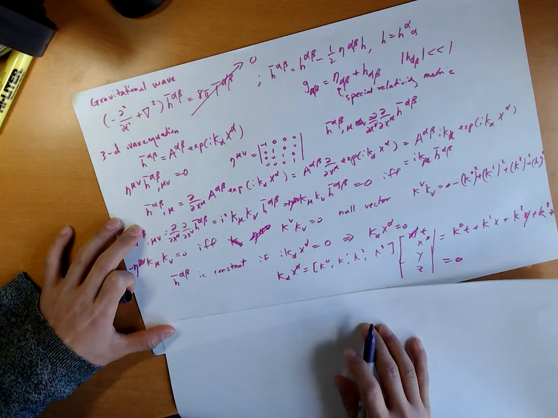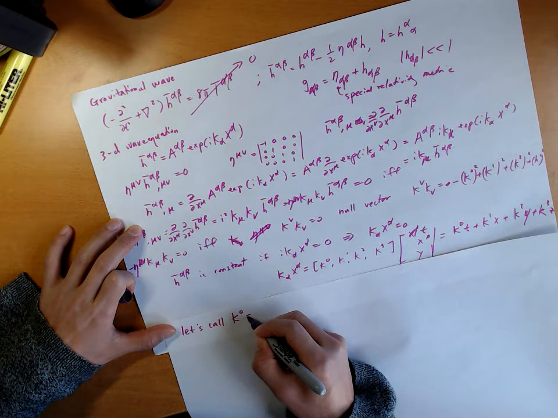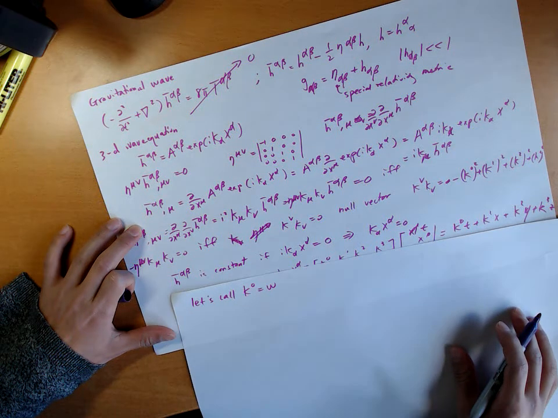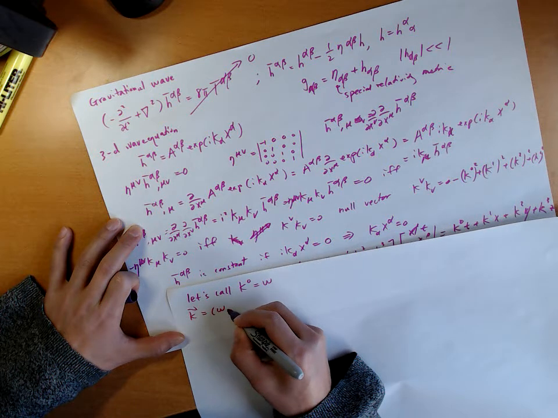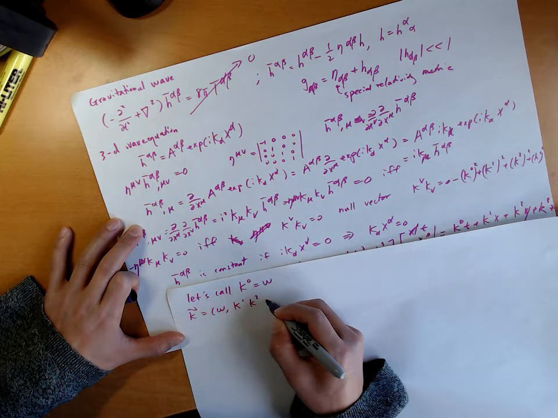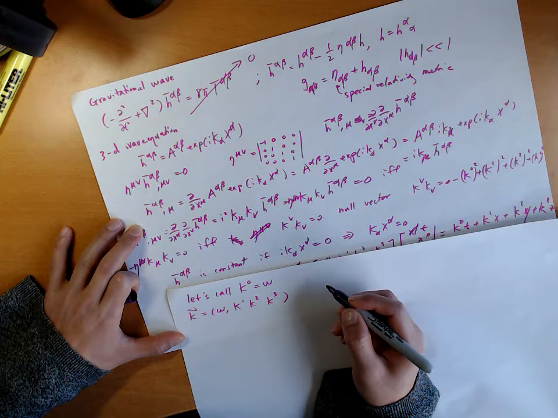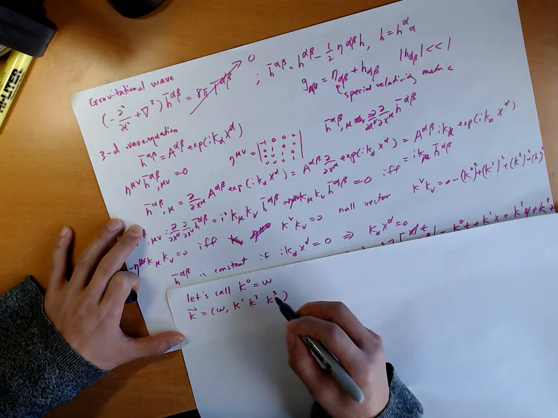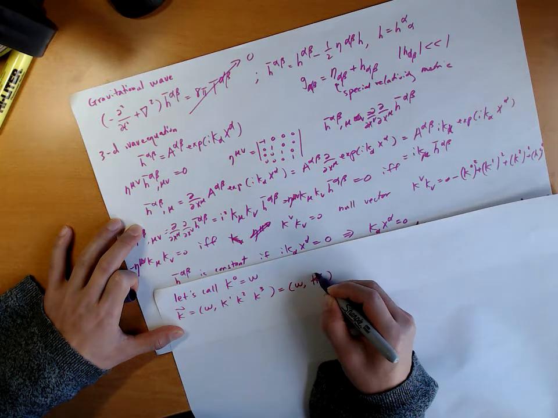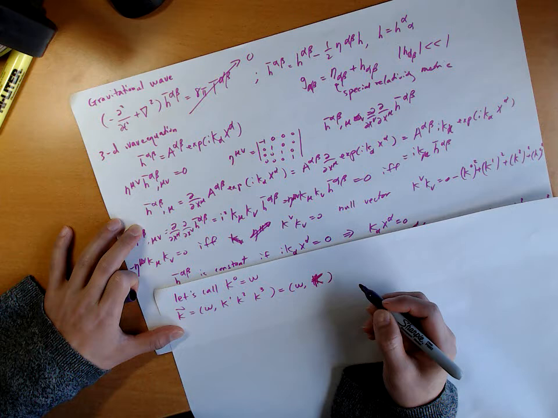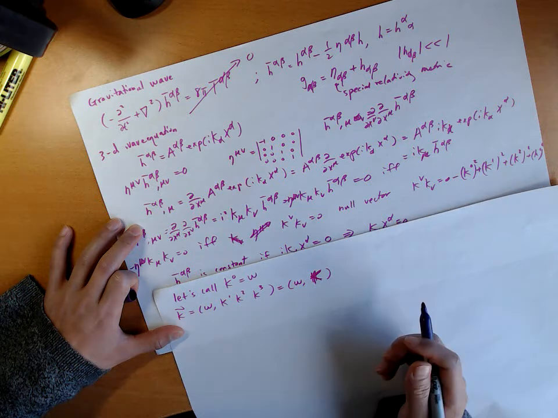So let's call k0 equals w, omega, and so we can rewrite k as w, k1, k2, k3. This can be rewritten as w, k. This is both phase k. Okay. Now, if we define a photon in the direction of the null vector,